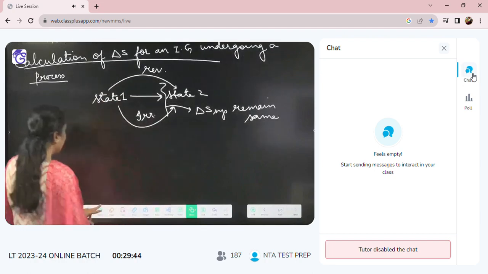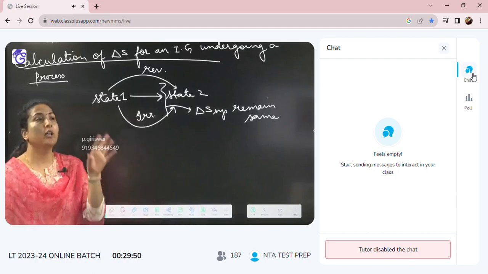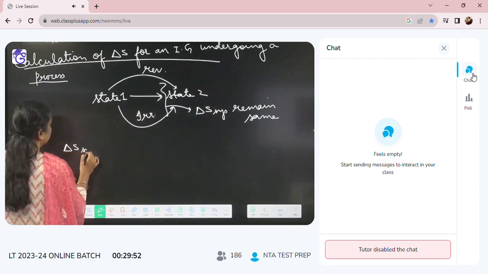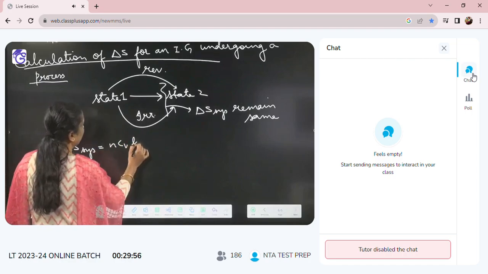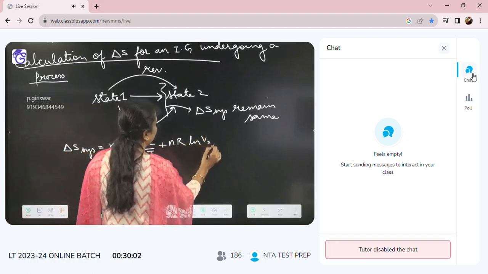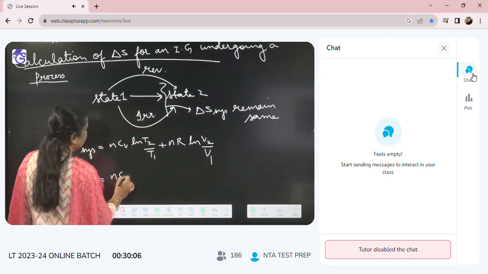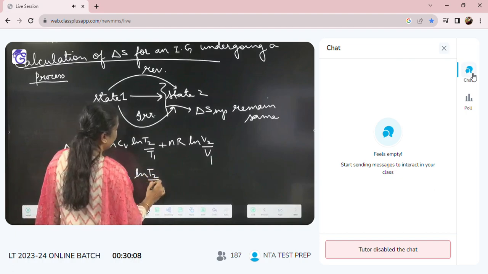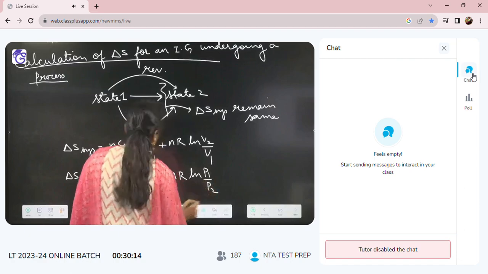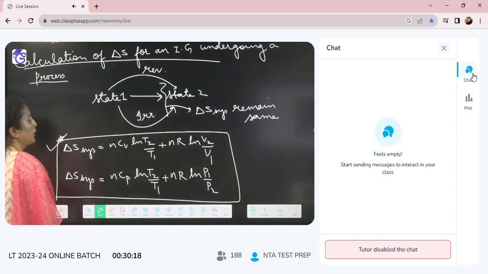Now I am writing two general formulas which we are going to modify according to the processes we are going to see. So all of you must write down those general formulas. Delta S system is equal to nCV ln T2 by T1 plus nR ln V2 by V1. Similarly, delta S system is equal to nCP ln T2 by T1 plus nR ln P1 upon P2. So write down these two general formulas. After that, we are going to modify